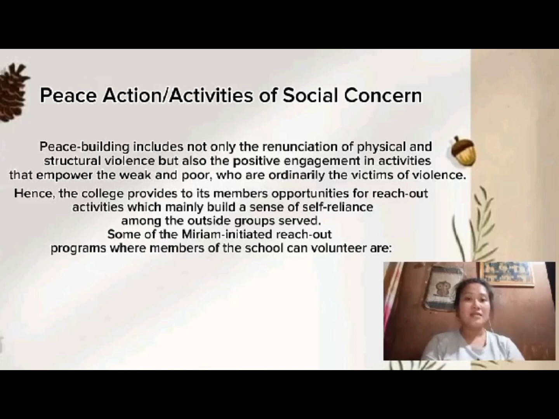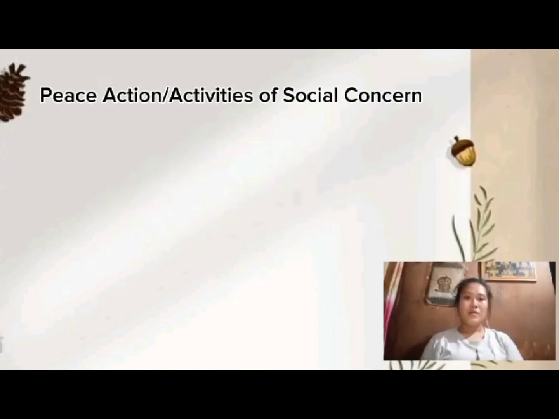Hence, the college provides its members opportunities for reach-out activities which mainly build a sense of self-reliance among the outside groups served. Some of Miriam's initiated reach-out programs where members of the school can volunteer are: